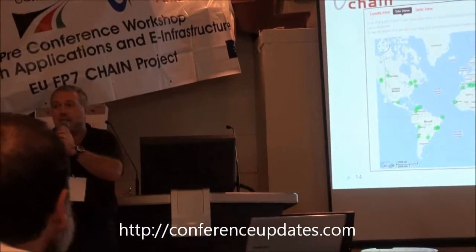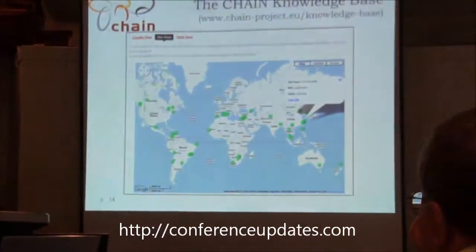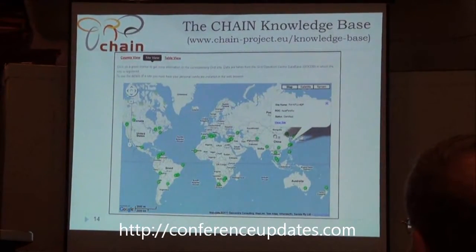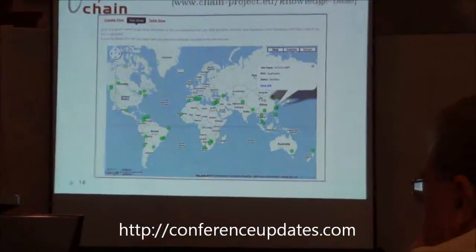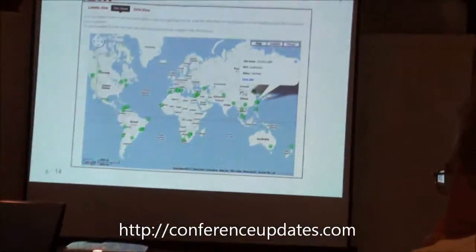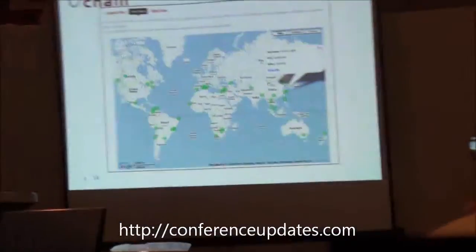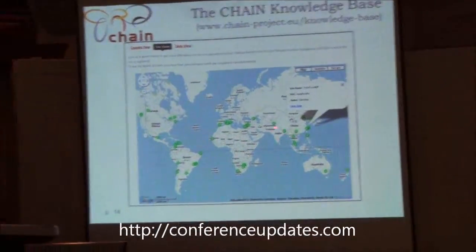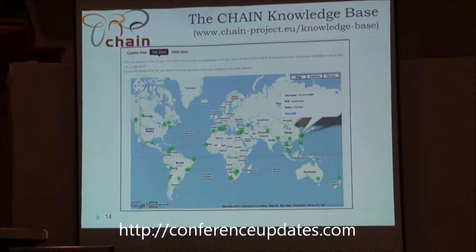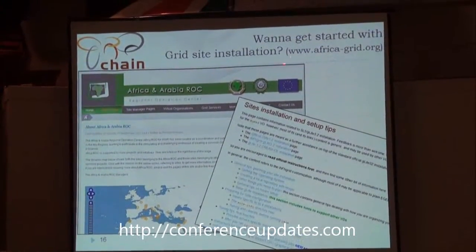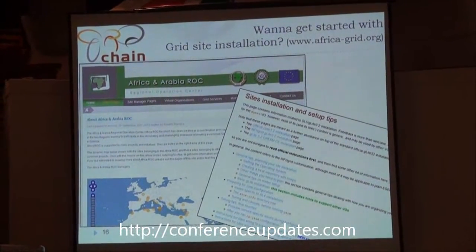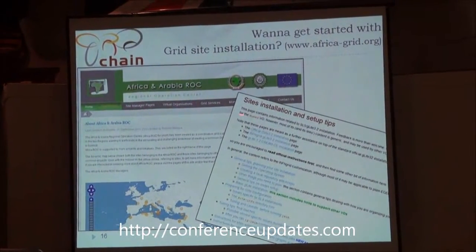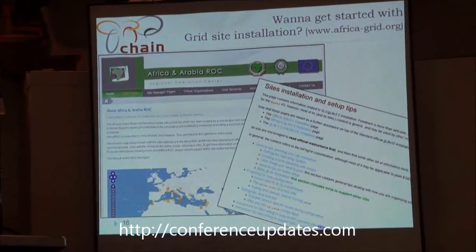These are the grid sites outside of EGI, outside Europe, and for each of the sites you can click and get information on the computing resources and who is operating the sites, because we directly get information from the operational database containing site information. So if you want to switch on one of these green dots, somewhere here, this is the first step. So Africa and Arabia Rock, actually, you have several services, and you also have the site installation guides and links